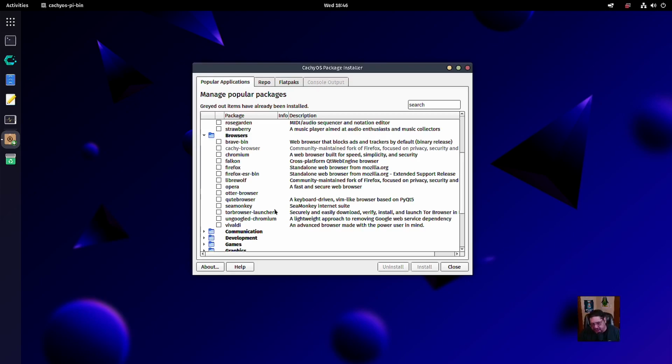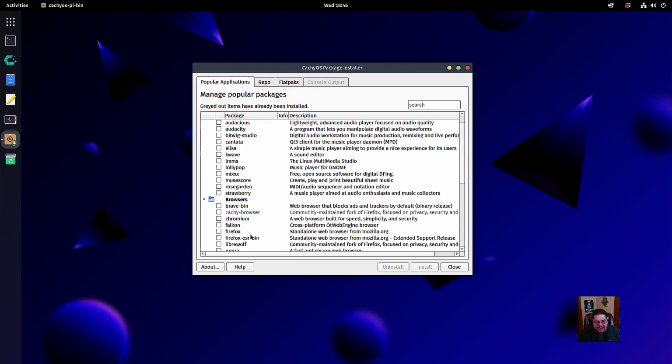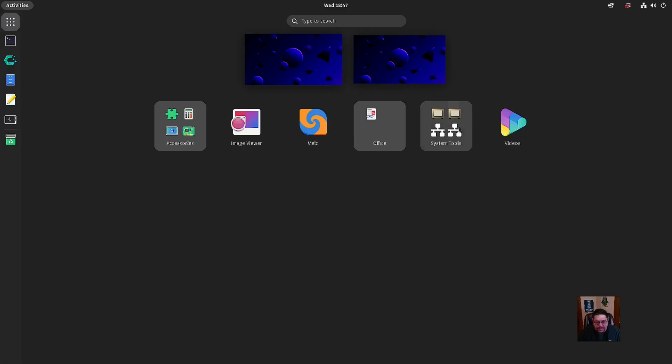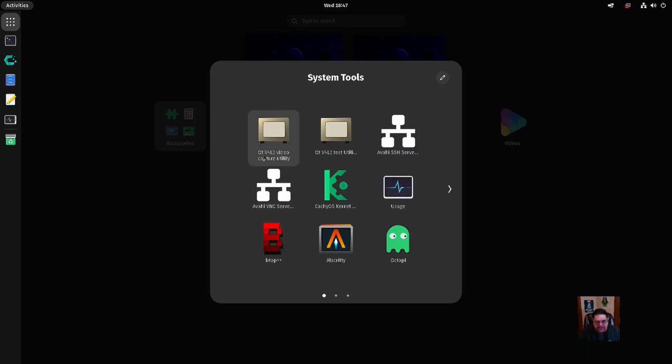If you can't find it in here, then do the GNOME Software Center. It'll still install and work, but these packages in here are optimized more so for this operating system. So that is something to be aware of. And then you have the QT4L2 video capture utility, which is for your webcam, the Avahi SSH server, the VNC server, Cachy kernel manager, which